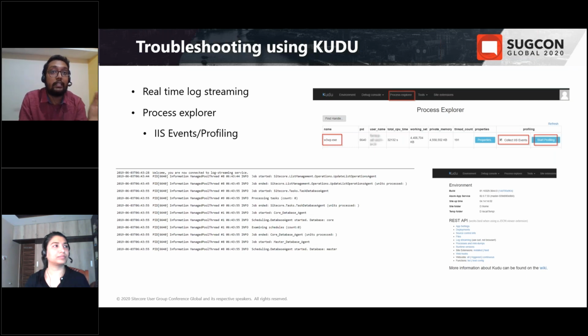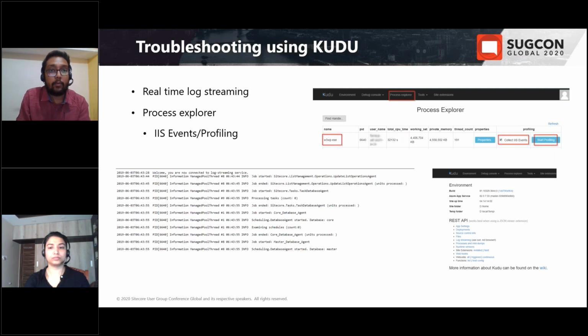So now let's move on to troubleshooting using Kudu. The first section is real-time log streaming. So in our application, whenever we find some issues, the first place we go is logs. So here, when somebody is browsing the application in parallel, you can monitor these logs in real time using this log streaming.